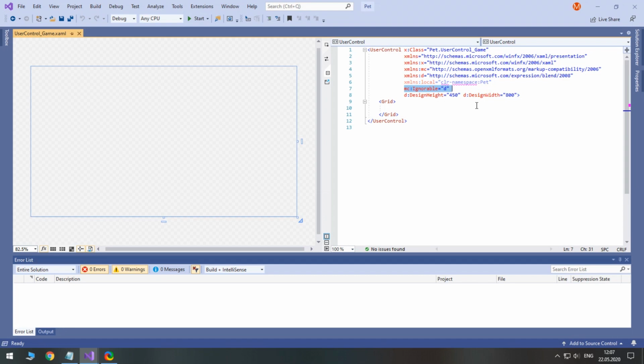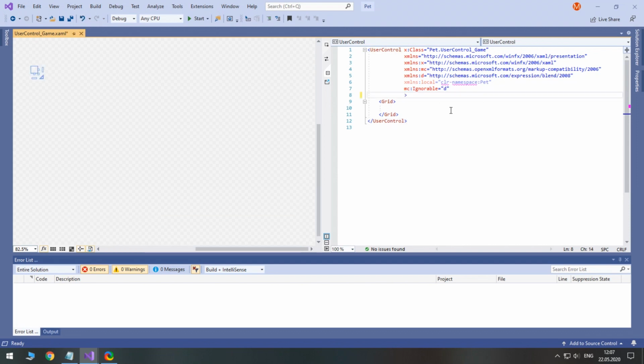It says that properties having this D prefix have effect only in the design time in Visual Studio. End users will not see anything marked with the D prefix. As you see here, only we, as developers, can see the effect of these properties in the designer window. The purpose of ignorable is to help the designer of the program. That's it. I prefer to check design changes by running the project.